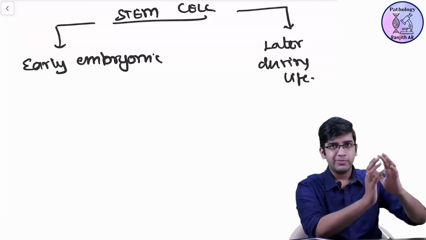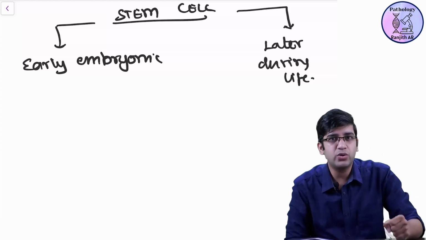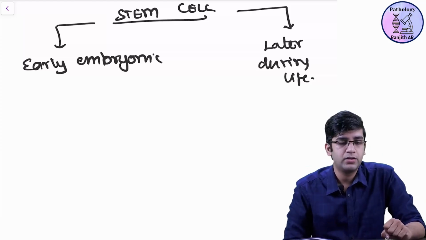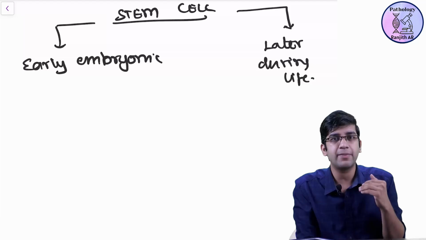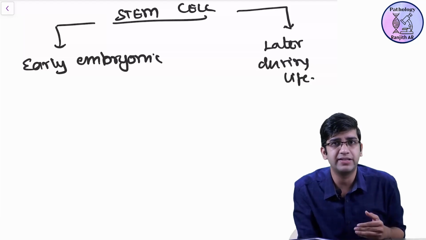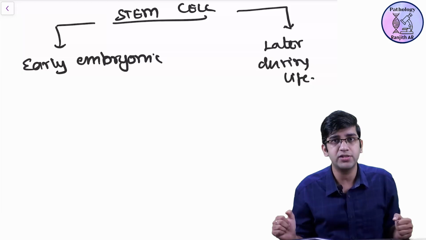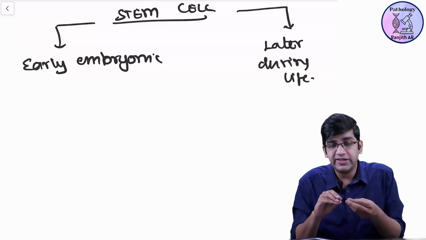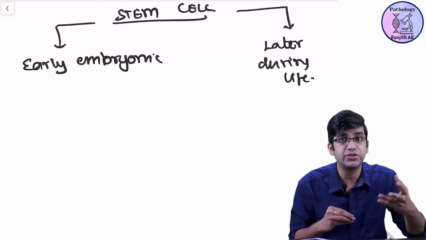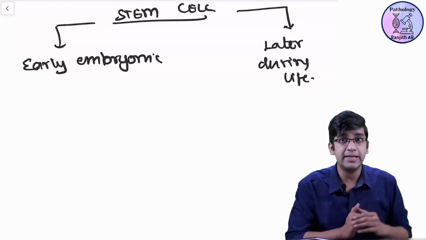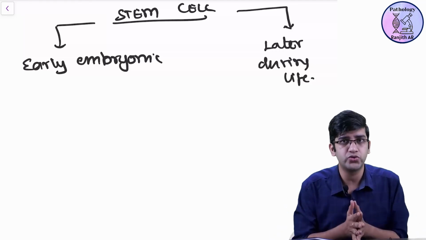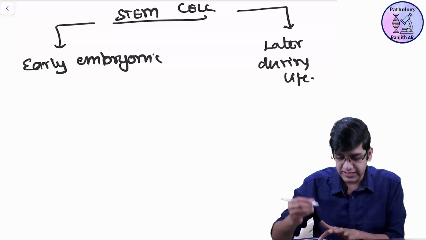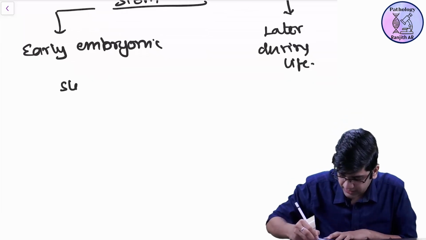I'm having a cell during my early embryonic life, like during zygote formation, let's say foetus stage. I am having a stem cell. What do you think is the main purpose of the stem cell there? To create many new cells, or to create a developed neuron or a developed muscle? At a very early embryonic stage, my main purpose is to create more new cells. So what happens to this early embryonic stem cell is, these stem cells here,